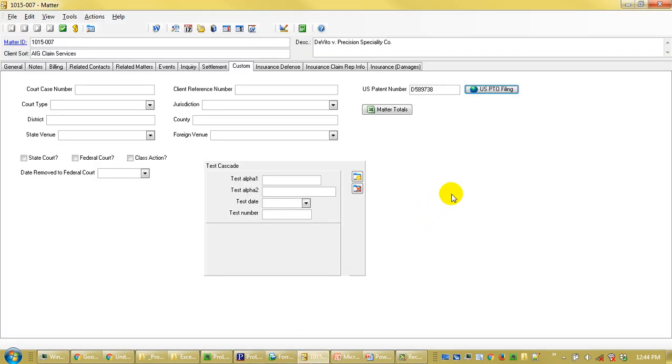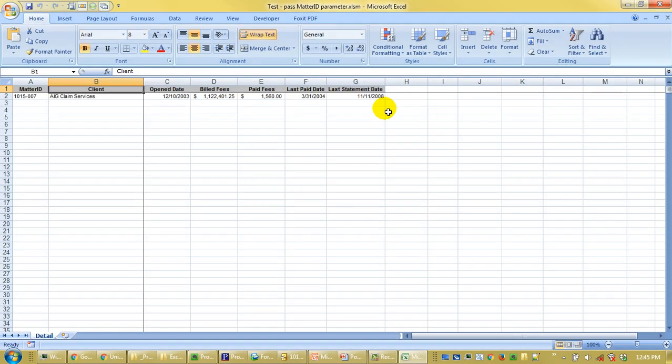The other way that I've seen folks use these custom buttons is, like I mentioned, for automated Excel reports. This is just a super simple Excel report that I designed to get some matter totals. Essentially what it does when I click the button is pass the matter information, the matter ID in this case, to the Excel report, and then the Excel report automatically runs some SQL code that uses the matter ID, pulls the totals for that matter ID out of the ProLaw SQL database, and then displays them in Excel. So click the button, Excel opens, there's a real quick refresh, and then I've got the matter totals for this particular matter ID. I can close this,